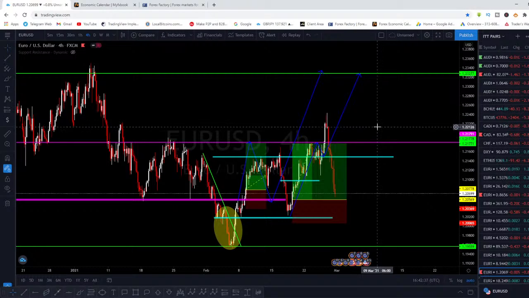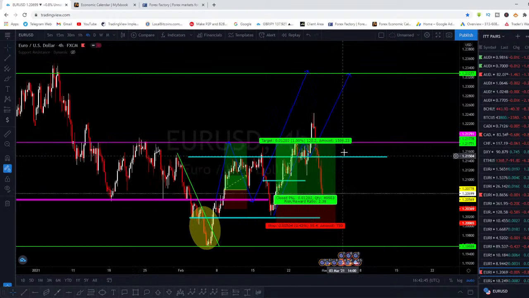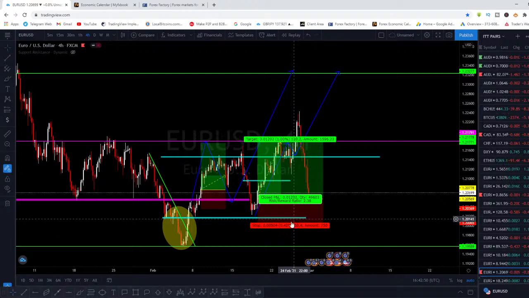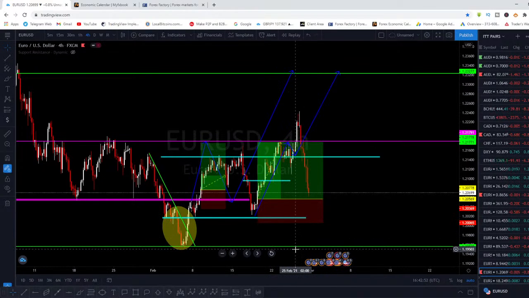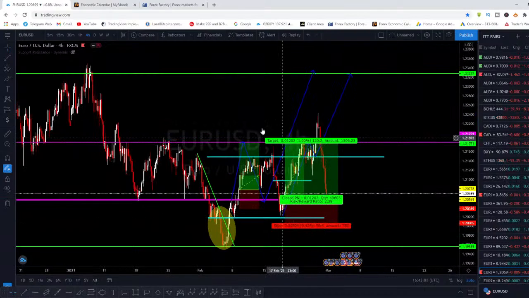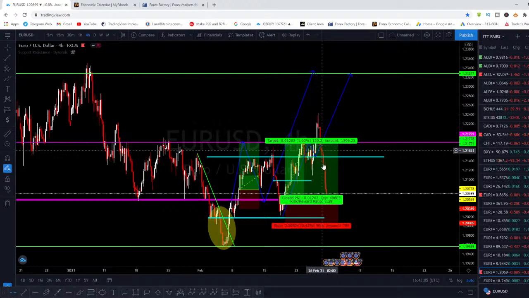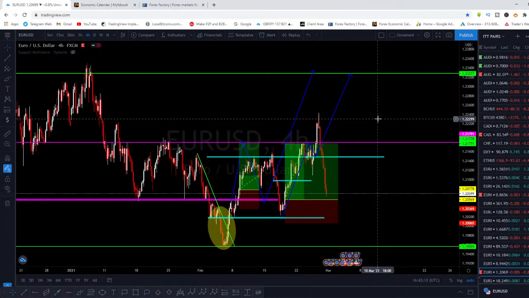So right now, what am I seeing on Euro USD? That's another question, right? What I'm seeing on Euro USD is that it might still come back down again, maybe to reach this level, or it can even come down and reach this level, before it gives us another opportunity to get in long into the market, right? Because my bias on this is still a long position, not a short position. All of this selling was a retracement, you know what I mean? It was just a retracement, after which it will continue to push back up to the upside, right?